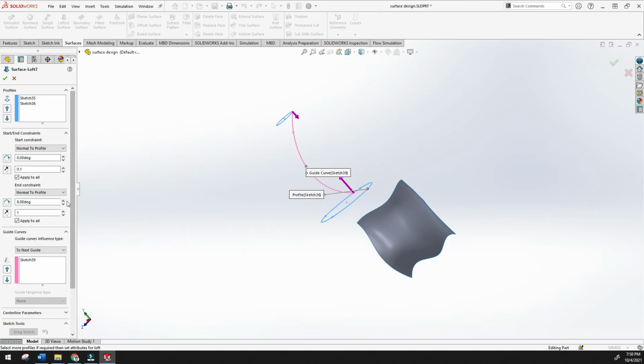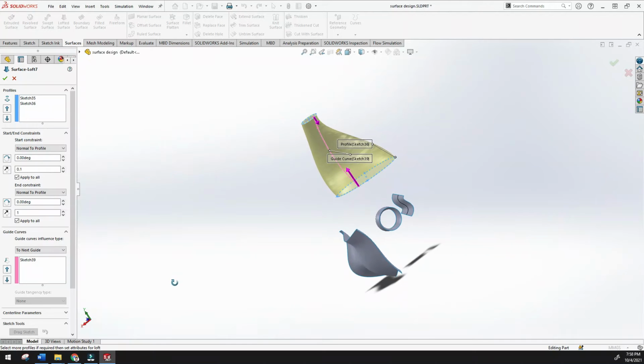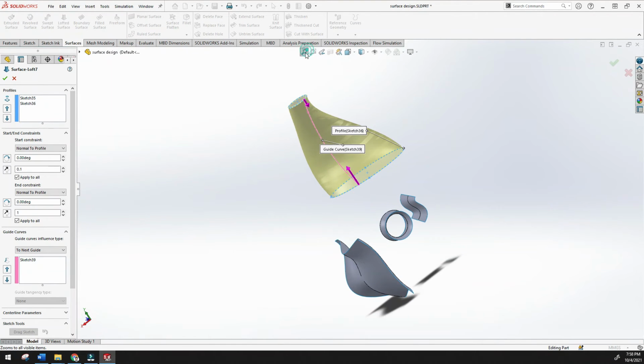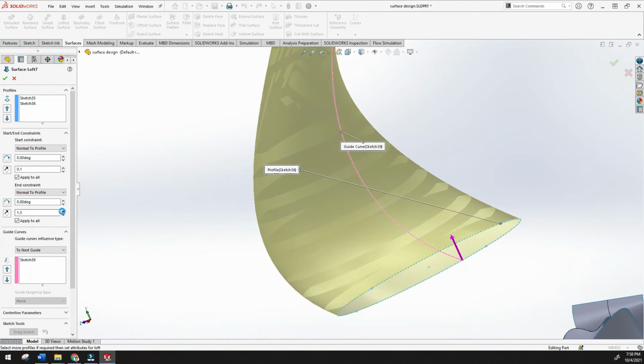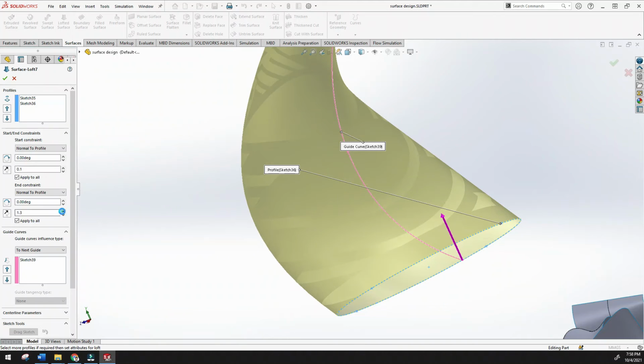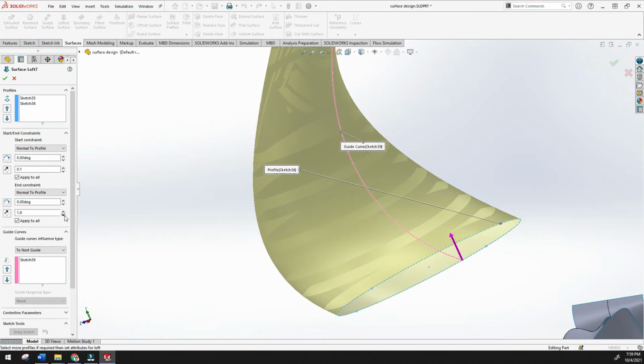Okay, but you cannot exceed the degree according to this profile. Otherwise it will show you the wrong. But by using this distance you can easily control this also. See how it is changing. Okay, up to there is some limit. Okay, so up to that limit it will not extend anymore.